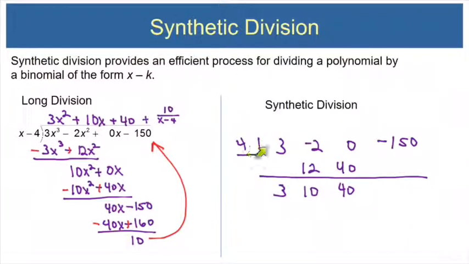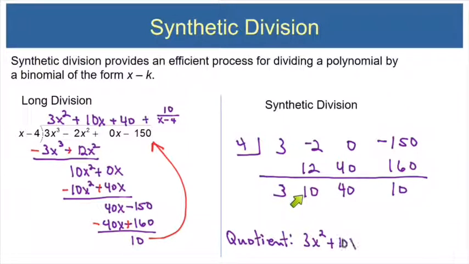And now we multiply 4 times 40, and we get 160. That goes here. And now we add. Negative 150 plus 160 is 10. And notice here are all the coefficients of our quotient, but now everything's been reduced by 1 power. So we started off with this being the coefficient of the x cubed term. In the quotient, this will now be the coefficient of the x squared term. So what I see here is that this is 3x squared plus 10x plus 40,